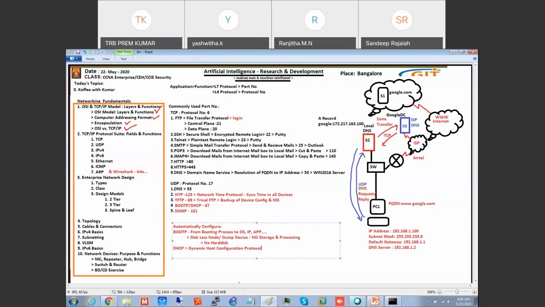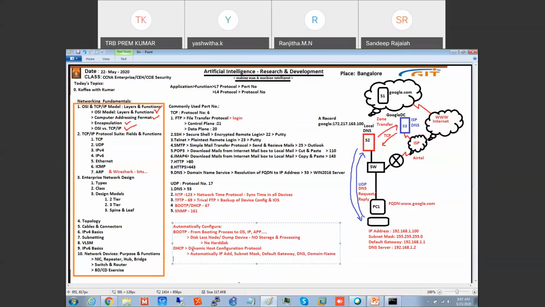In this, we will be automatically configuring your IP address, subnet mask, default gateway, DNS server IP address, and domain name.